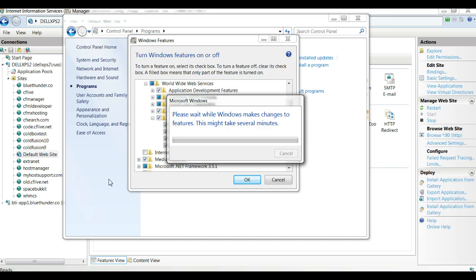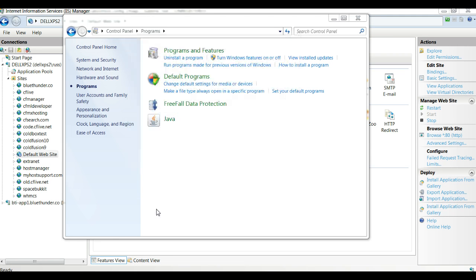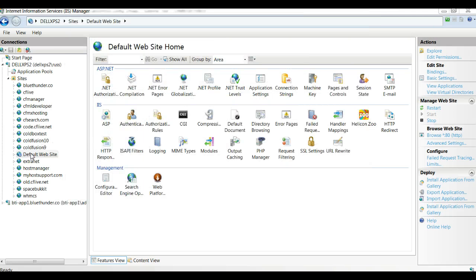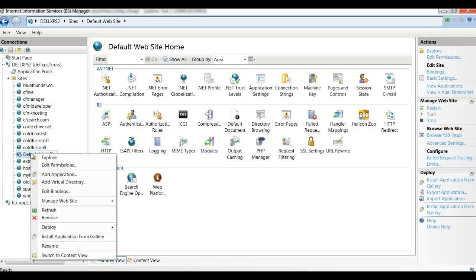I'm going to pause this for a couple of minutes while this installs so you don't have to watch it. Okay, so that component has now been installed. So we're now going to go and have a look in IIS, and we're going to refresh this. You can see the IP and Security Manager isn't there at the moment,